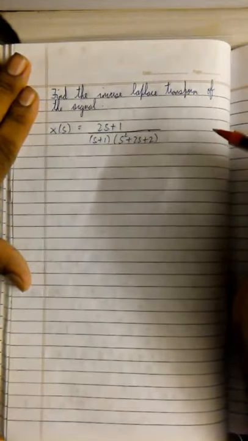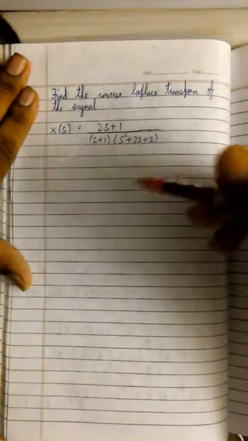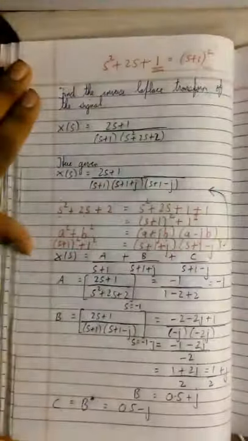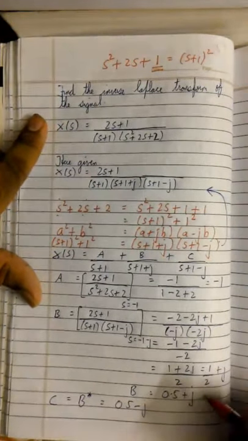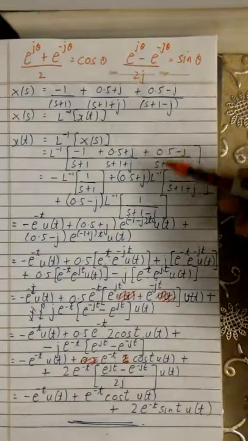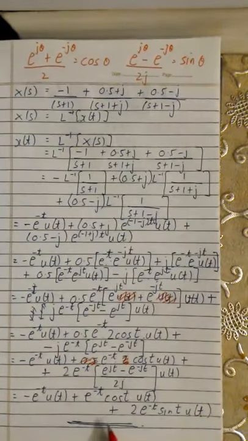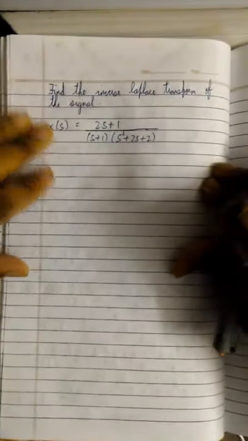For example, if you want to solve this kind of a question, alright, if you solve this problem like the last video, using complex poles, then you will get your answer very quickly. But finally you have to include some more steps in order to get the final answer. Okay, but here in this video I'm going to explain a shortcut method, but for that method you have to remember some basic formulas of Laplace transform.